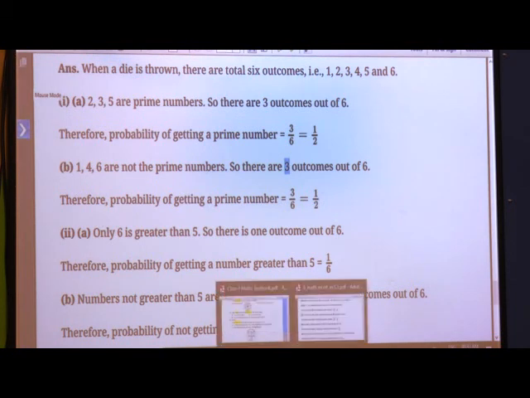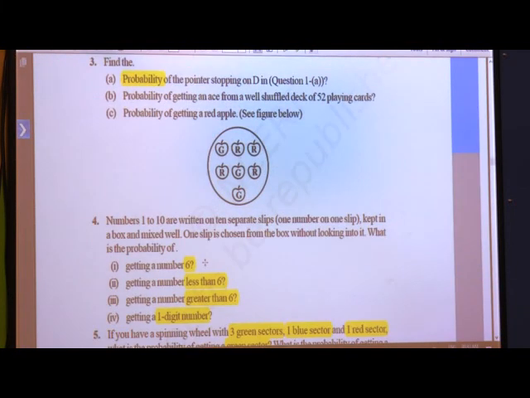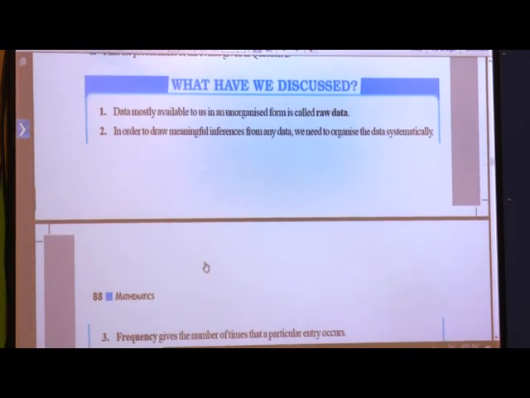Now, let us move to the textbook. Before concluding, I want to just highlight whatever we have studied, and I will show you once again how to construct a pie diagram after this summary. What have we discussed? In our textbook, it is always at the end of the chapter, the summary is given, which has all the highlights, the main points that are to be understood, remembered, and implemented.